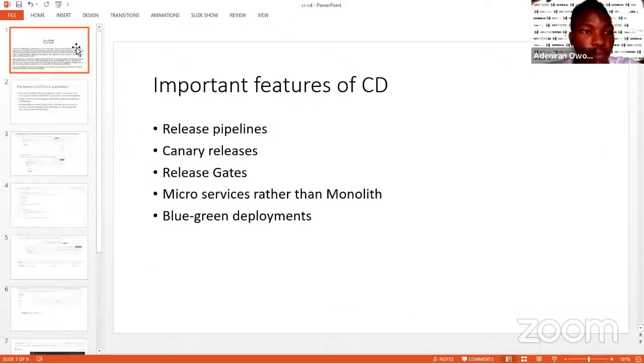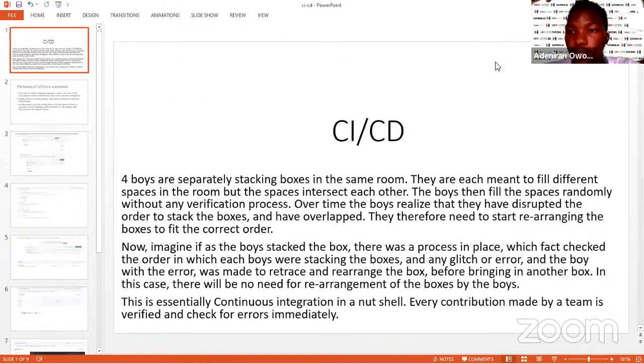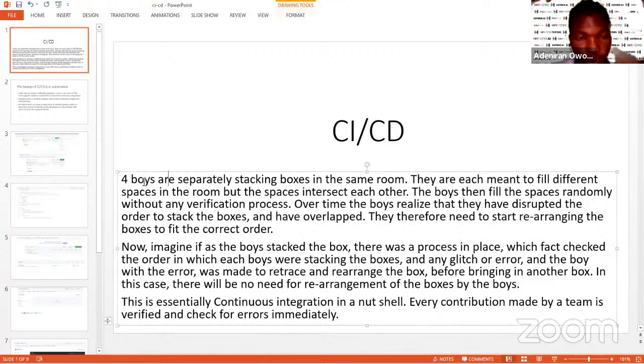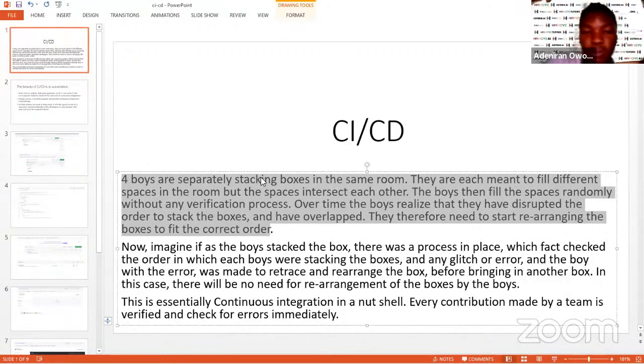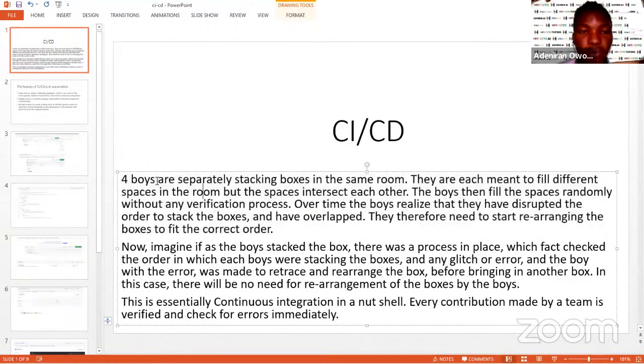Starting from the beginning, CI/CD. I just want to start from here just to make it very, very simple in a way. I want us to imagine an analogy where we have four boys in a room. So four boys are trying to stack boxes in a single room, and they are each meant to fill different spaces in the room, but the way they are meant to stack their boxes intersect with each